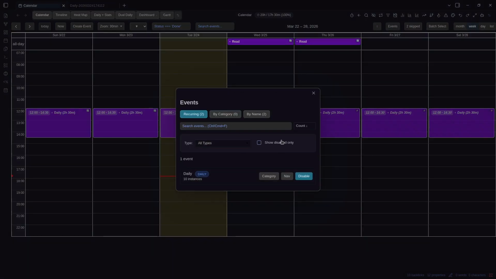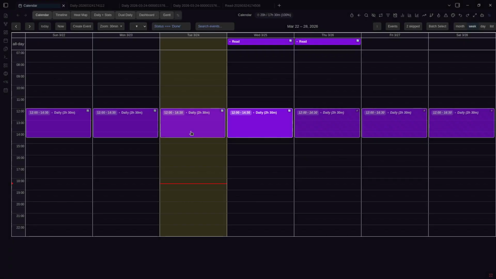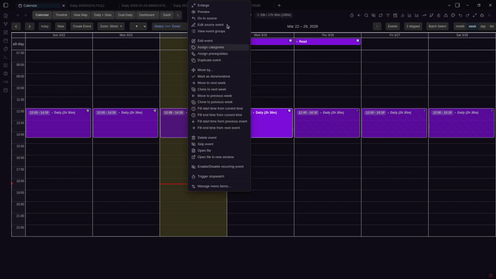And then we can filter based on disabled, and also we can choose how we are going to sort it. So the physical instances have the same options as the virtual ones,